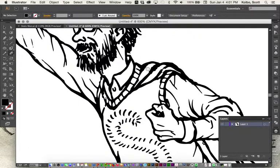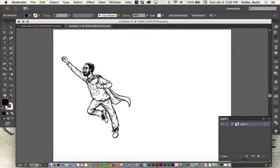Again, I can be more or less careful depending on my project and how far away it's going to be seen, and this is pretty detailed information in here. So if I double click on that now, there he is, this kind of dorky professor guy flying into the air. So that's the really simple, basic, beginning level line image trace that you'll want to use anytime you want